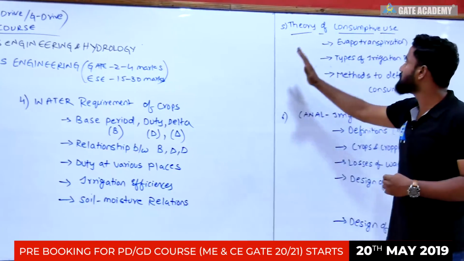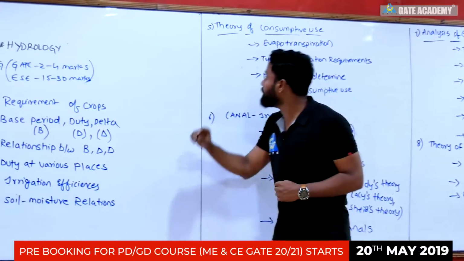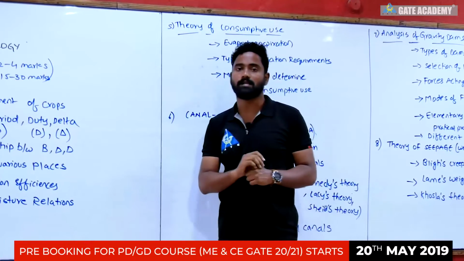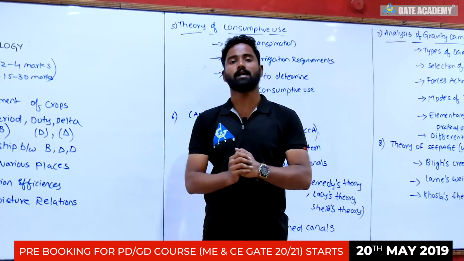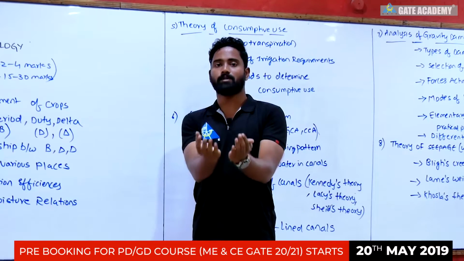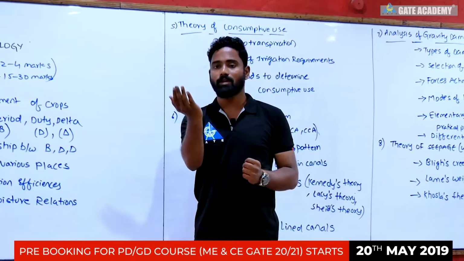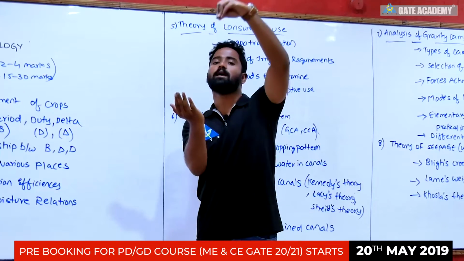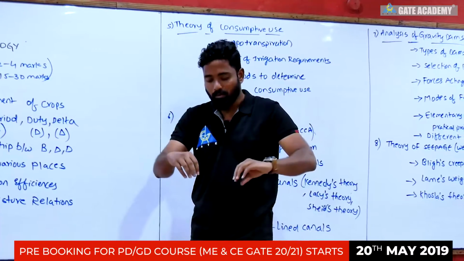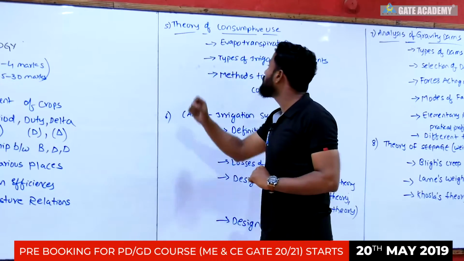The next topic is theory of consumptive use. Here I will be discussing what exactly consumptive use is. Plants absorb some amount of water from the field. Plants have leaves, and from the leaves water is evaporated. That is called transpiration, and some amount of water is evaporated from the field. That is evaporation. Combined, you call it